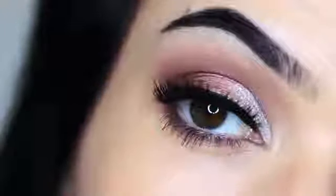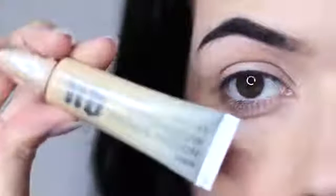Today we're going to create a classic party look. This is for so many different occasions and it's really easy to create as well. Let's get started. As with every look that we create, we always want to start off with a clean